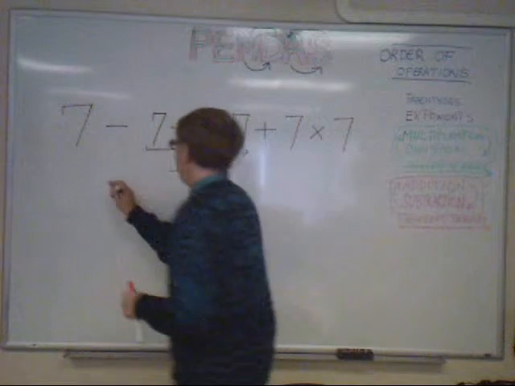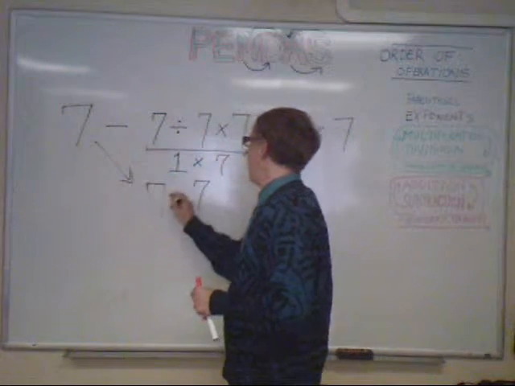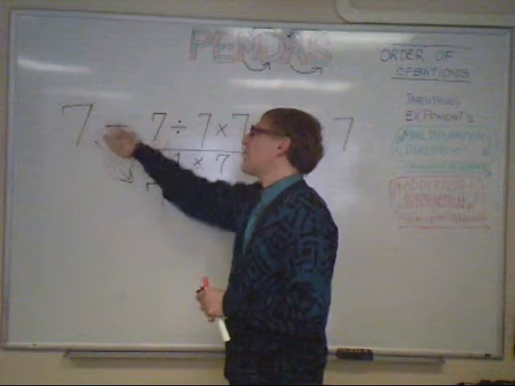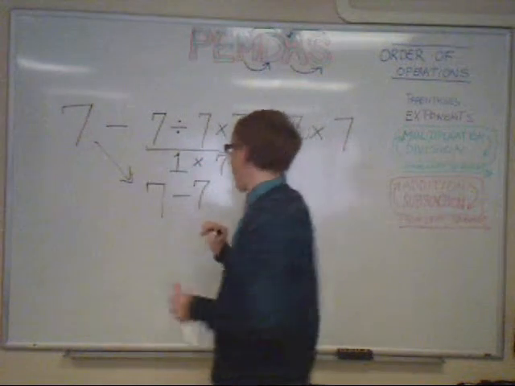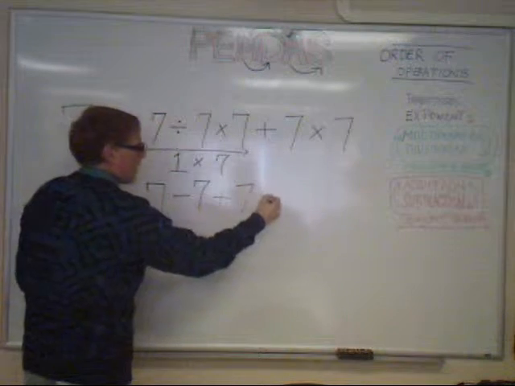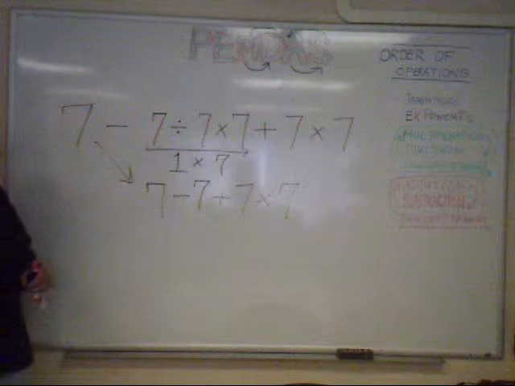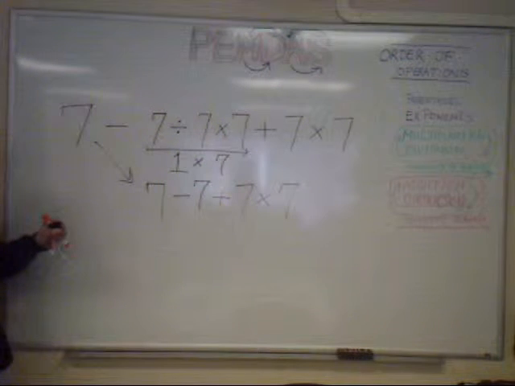I will bring everything else down now, so here's my 7 minus. I didn't touch that because that was separated by subtraction, and I'll bring down my plus 7 times 7. And I have here another multiplication to deal with. I will do that next